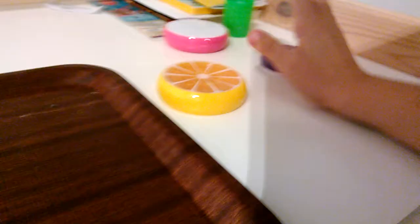Video, and today I'm going to be reviewing all these types of slime. So, yeah, there's all different sorts of slime. So, first of all, I got slime from,